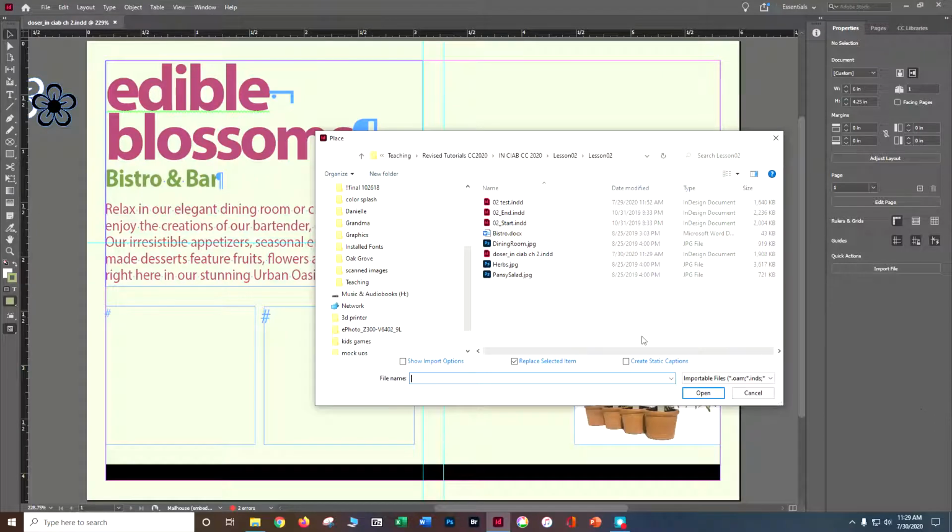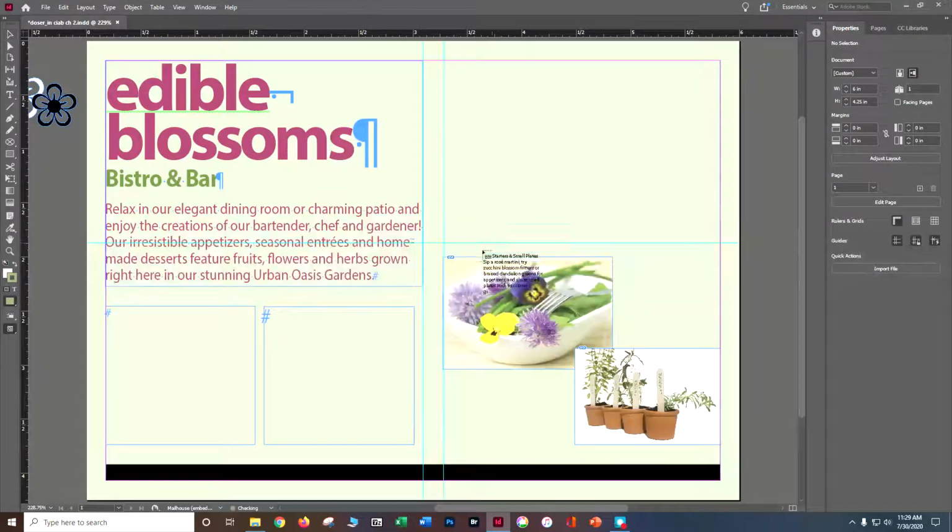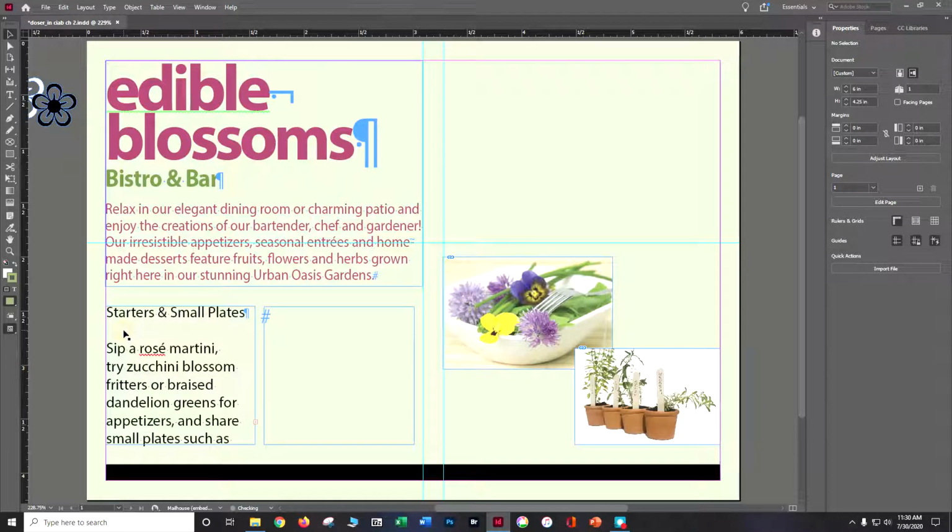And in Place, we should have something called bistro.docs. So that is actually our text for this thing. And we're going to say open, and now you see we get something called a loaded cursor. The loaded cursor says, okay, I've got some information here, where do you want to put it? So the first thing I want to do, I already have a frame here, so I'm going to put that into